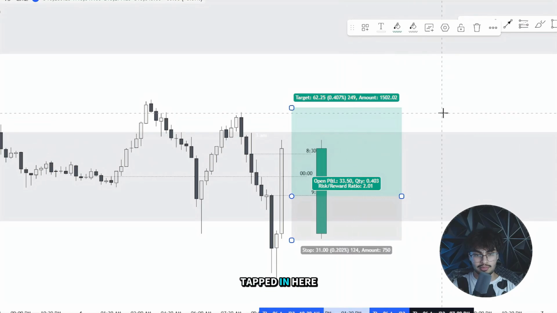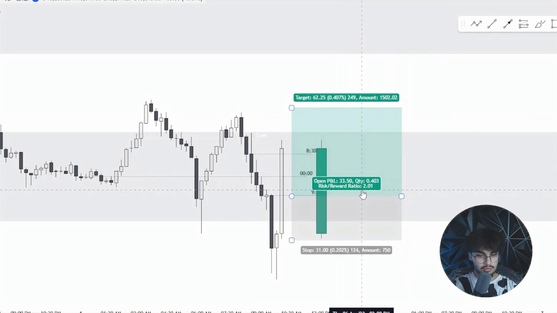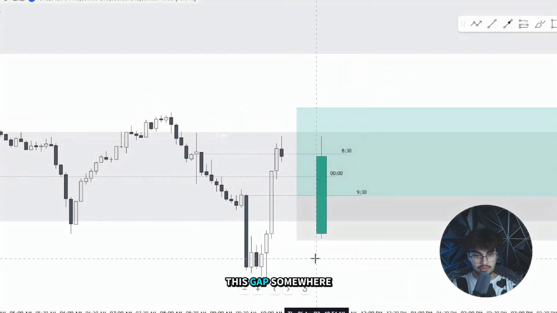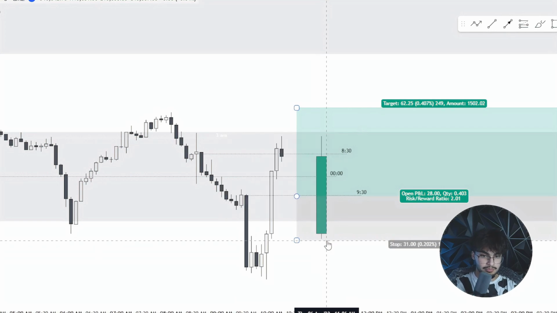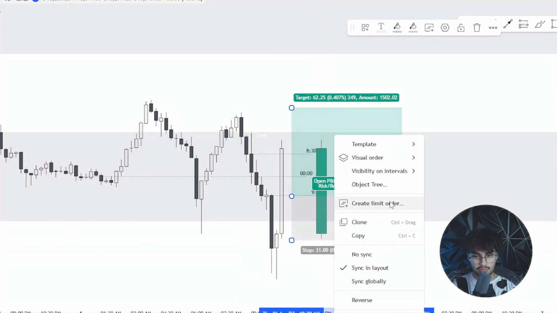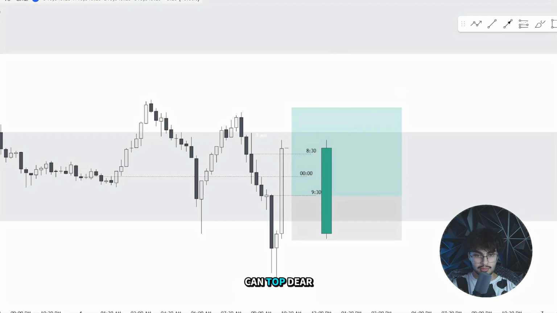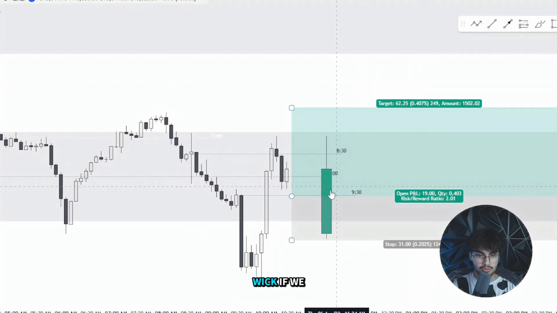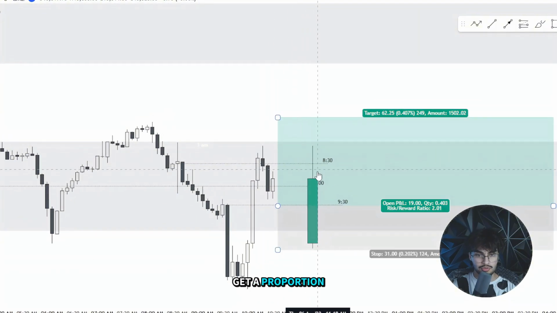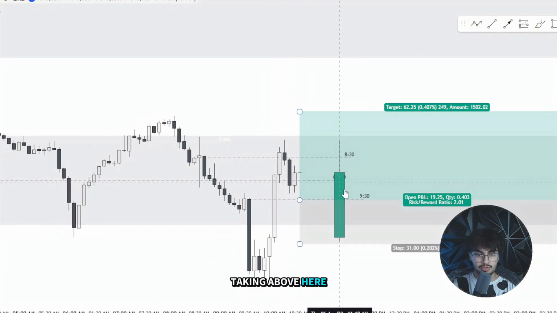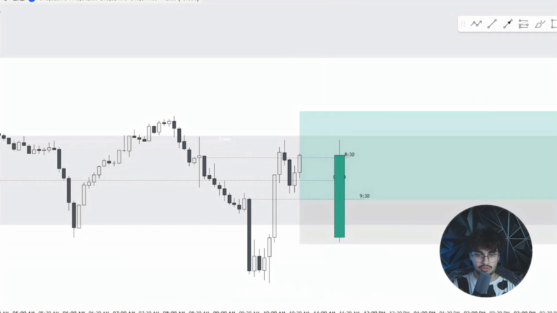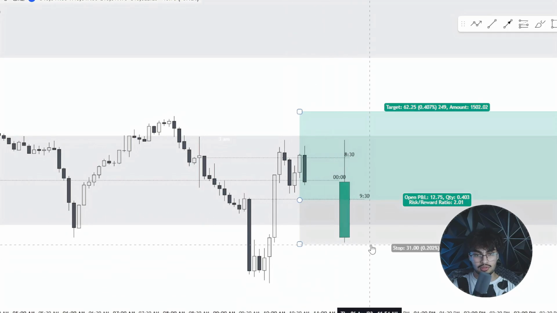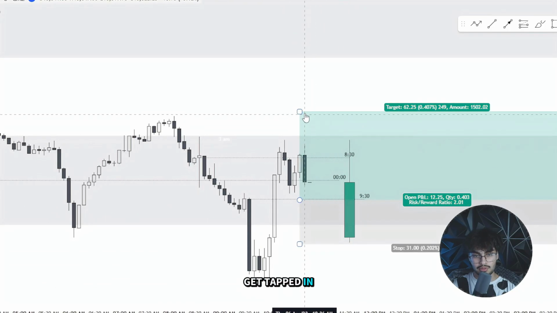I want to see if we get tapped in here, or even in this gap, somewhere here. So yeah, let's see if we get tapped here. Honestly, if we get a propulsion block entry, I don't mind taking above here on the 6-minute chart, unfortunately. It's either we get tapped in here or we get a significant